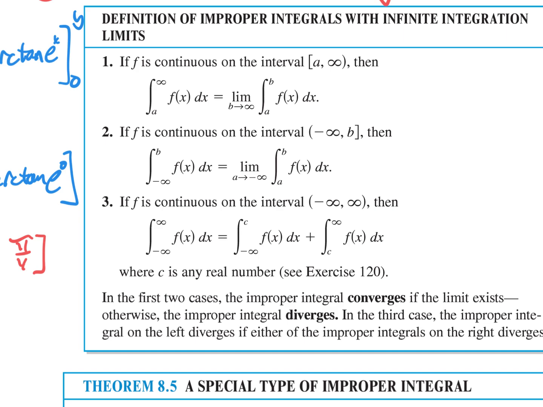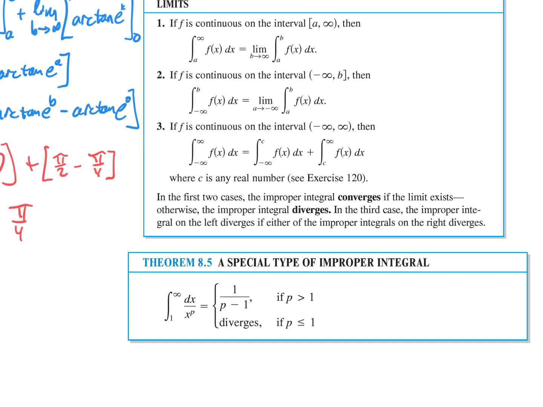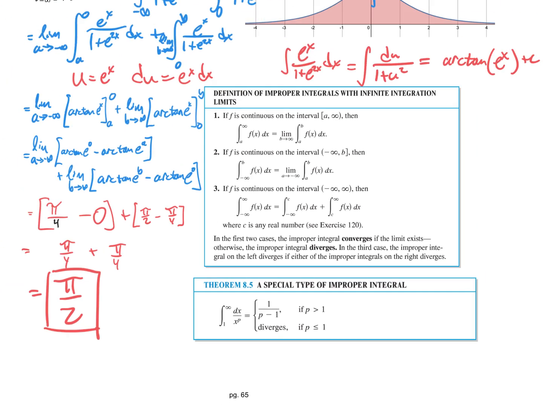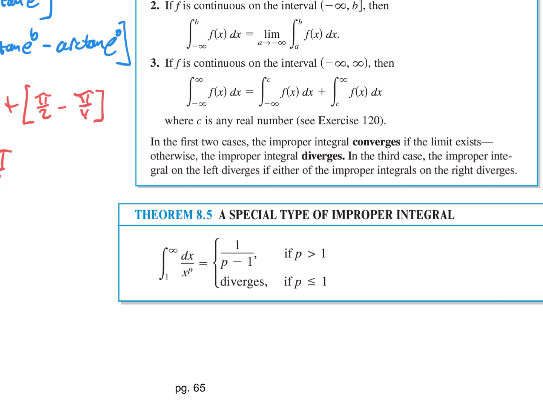All right, so we have a little special theorem here. If we have this limit of 1 over x to the p, so this is just a power function, then the limit turns out to be 1 over p minus 1. And we saw that back on the previous page when we did x squared. We did the integral from 1 to infinity of 1 over x squared dx, and we found out